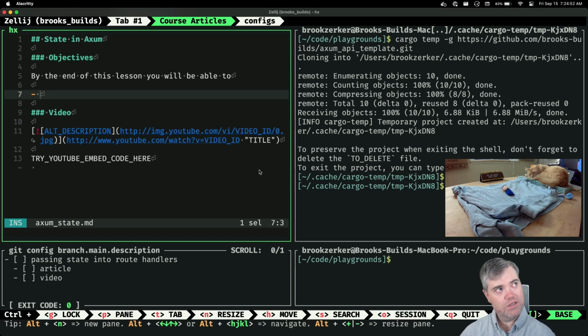Well, we'll start just randomly somewhere. We need to create a state struct. We'll just call it object at this point. So create a state struct, create a state object.